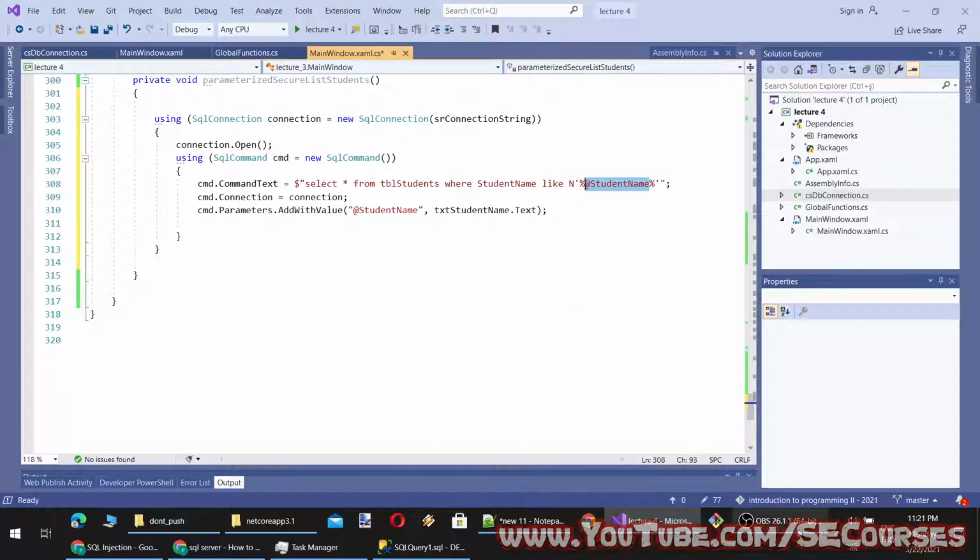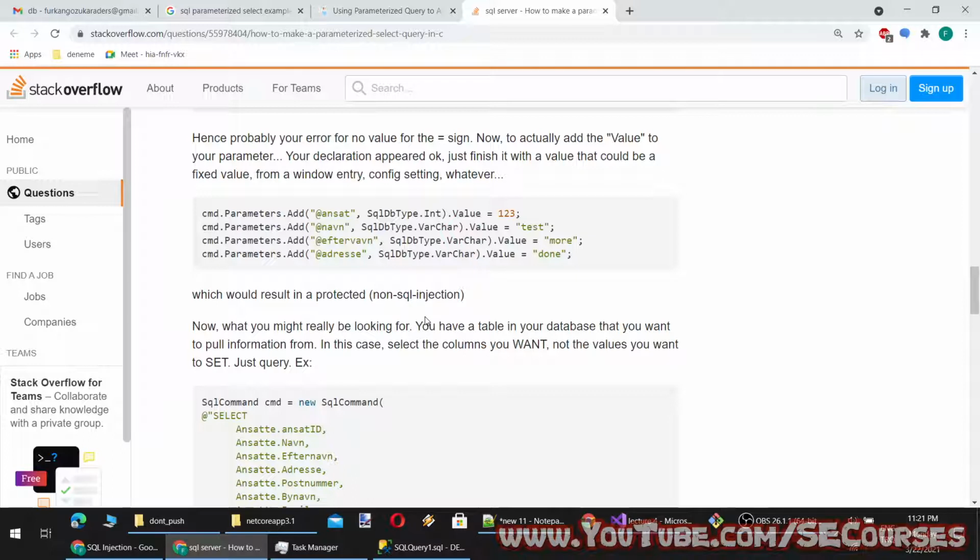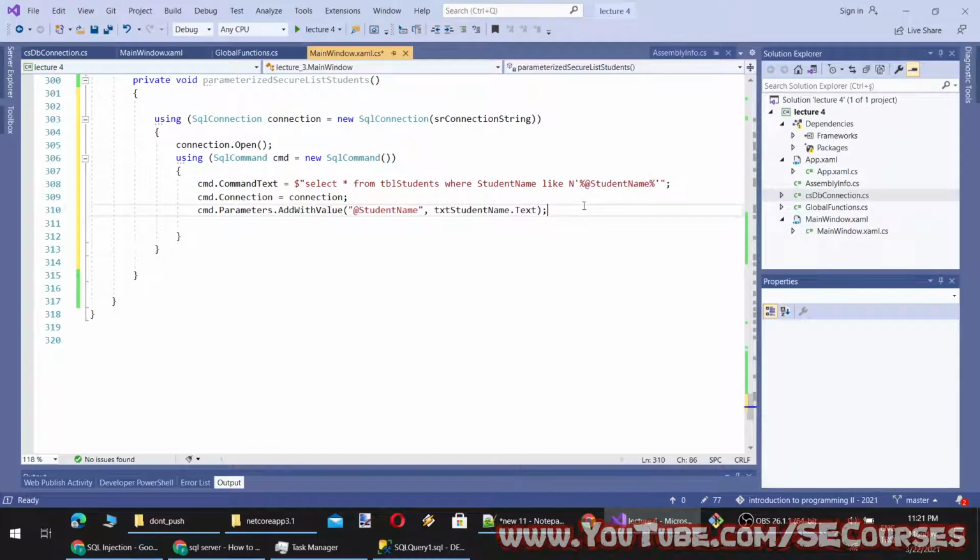And let's see what else there is. Okay, so there is another. Oh, you could also define the parameter type and the value itself like this. I think, yeah, let's use this method. Both work. This works and this also works. I think you can also use this method as well.